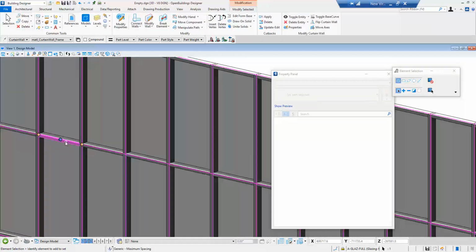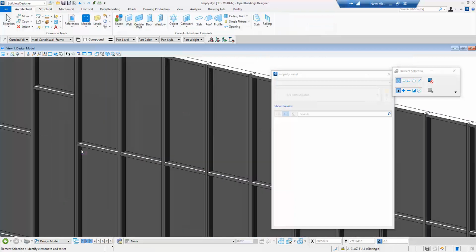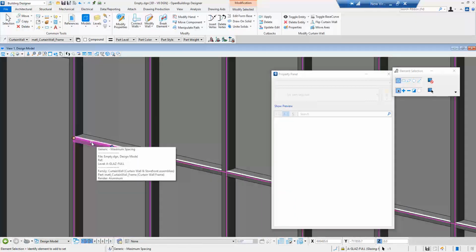So if we click on, say, this transom, we get this dot. We also get a mini toolbar that could be used to move, delete, etc. So for example, if I wanted to move this guy, I could move him up like that and the glazing would shift to suit. We also have the ability, if we click again, to change